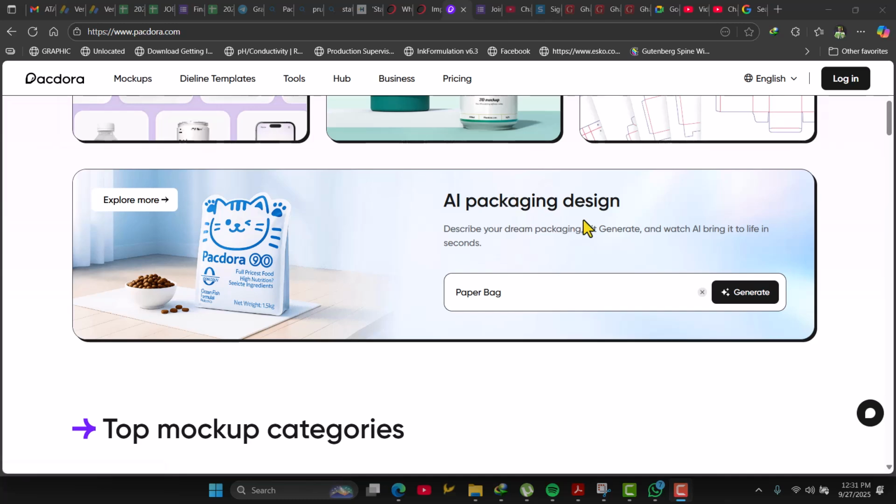Today we are going to look at AI packaging design. So we are using the Pacdora packaging design, which can be found on www.pacdora.com. So with Pacdora AI packaging design, all you have to do is to create a simple design by typing